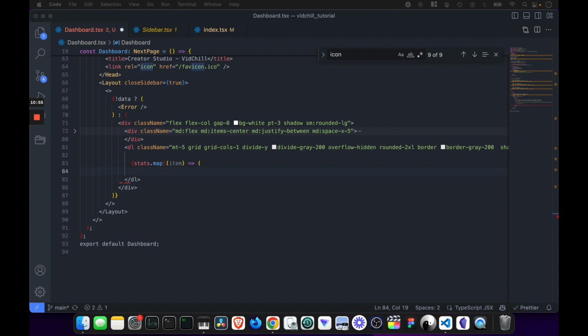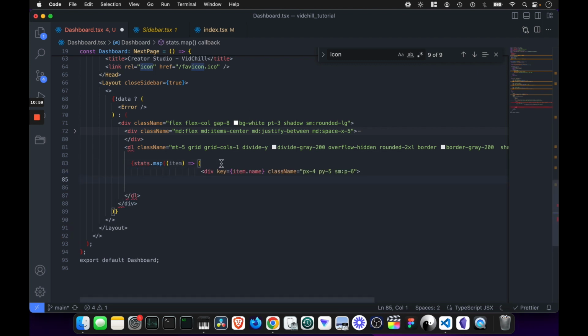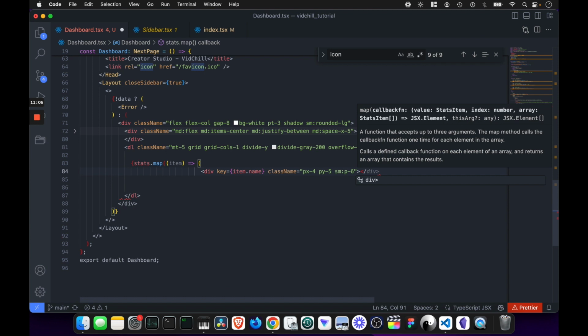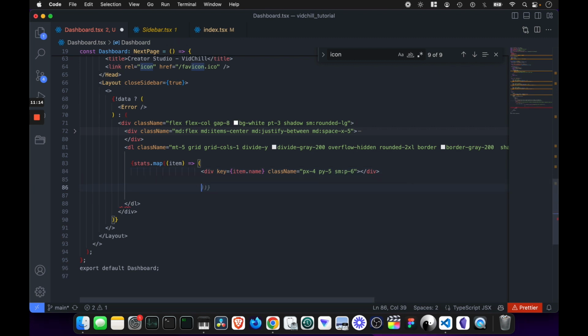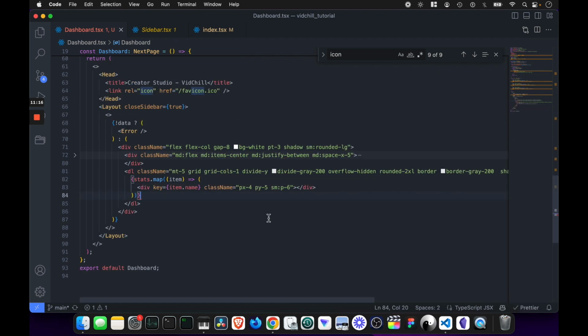Then we can make another div. We're going to say the key is going to be item.name, etc. We're going to go ahead and close this. And then we're going to close the stats.map as well. There we go. We can save it. Then